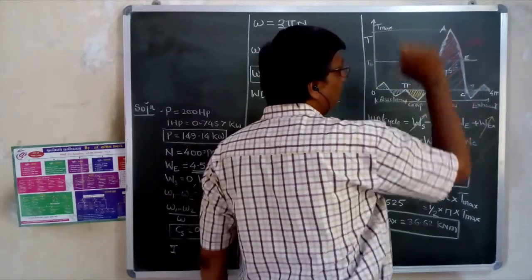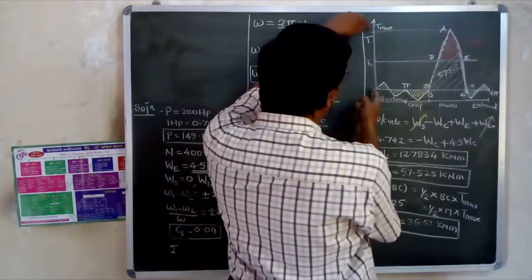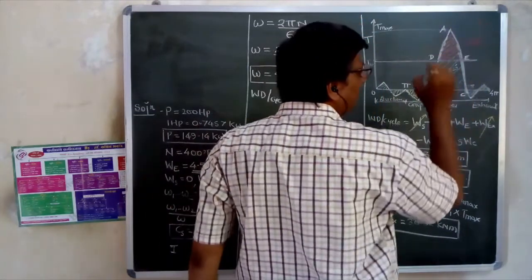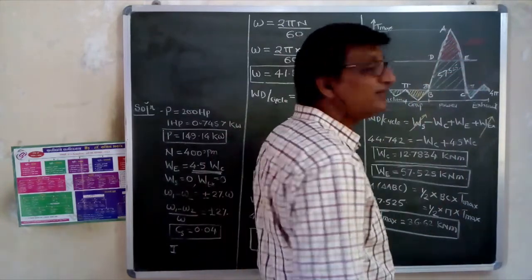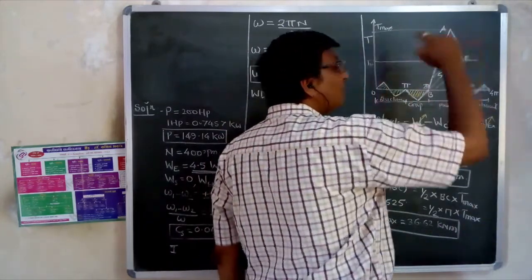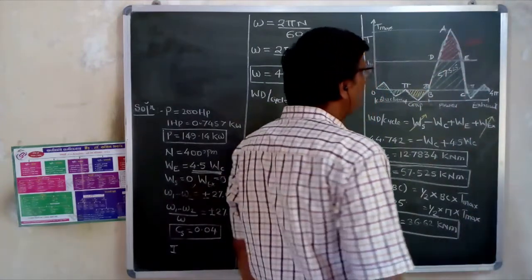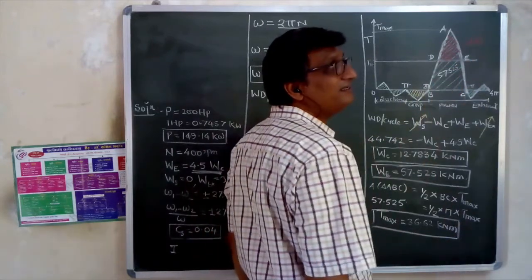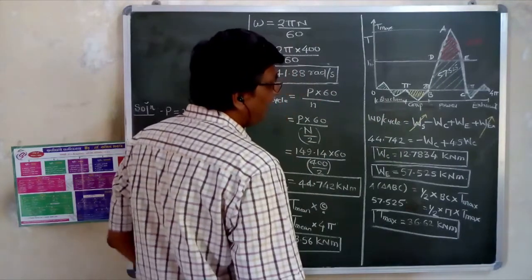Height can be easily known because height is nothing but this total height minus this height. That is T max minus T mean. You will get this height. But you require this DE length. If you get this DE length, you will get the area of this, and if you get this area, it is nothing but delta E. Okay. Now, how to find this length DE?